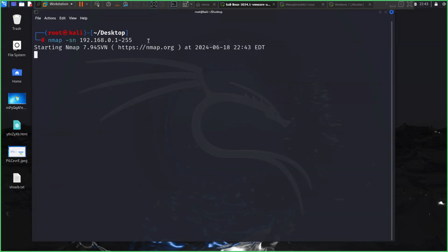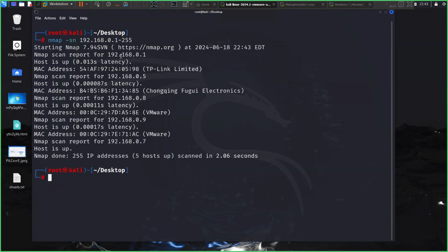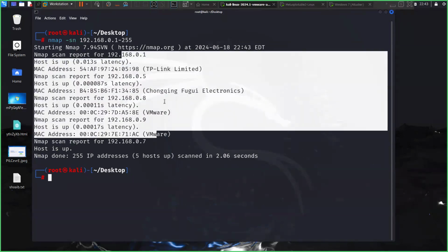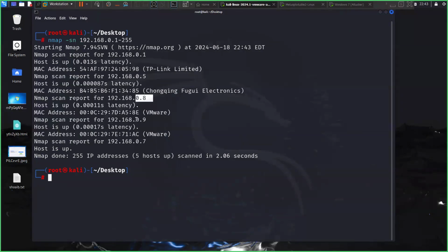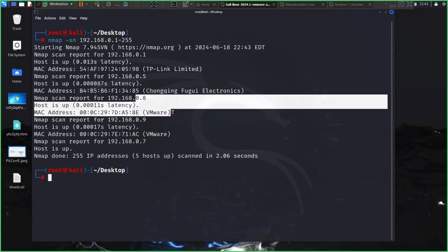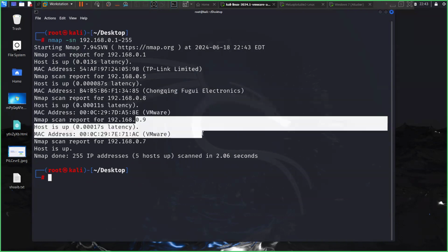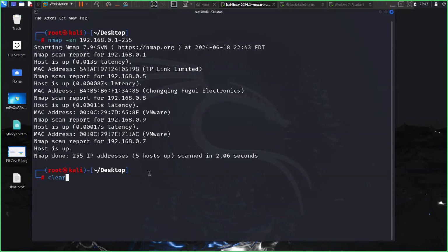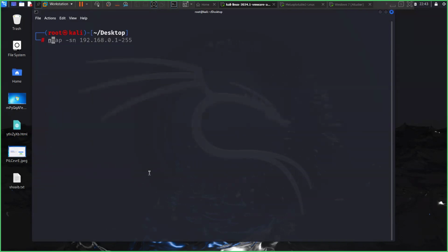So when I hit enter, you can see it shows all the other active devices in my network, and even 0.8 and 0.9 are shown. 0.8 is my virtual machine running Metasploitable, and 0.9 is my Windows 7 virtual machine. Okay. Now, when I want to perform a TCP scan to figure out what TCP ports are open on it, I can run nmap -sT, capital T, for TCP scan. And when I specify the IP here,